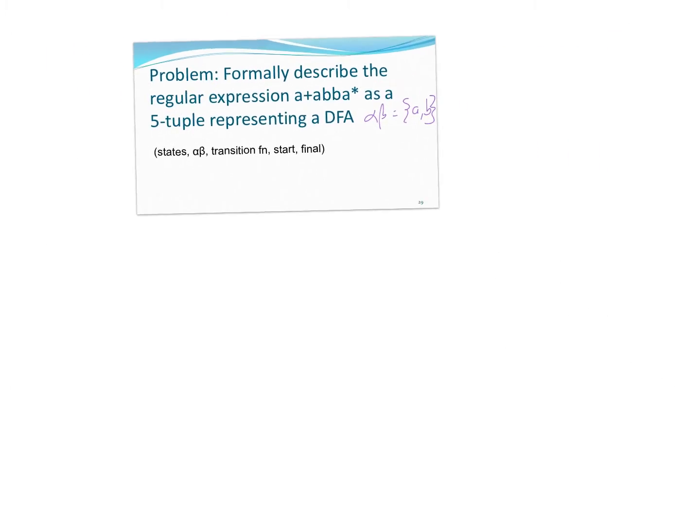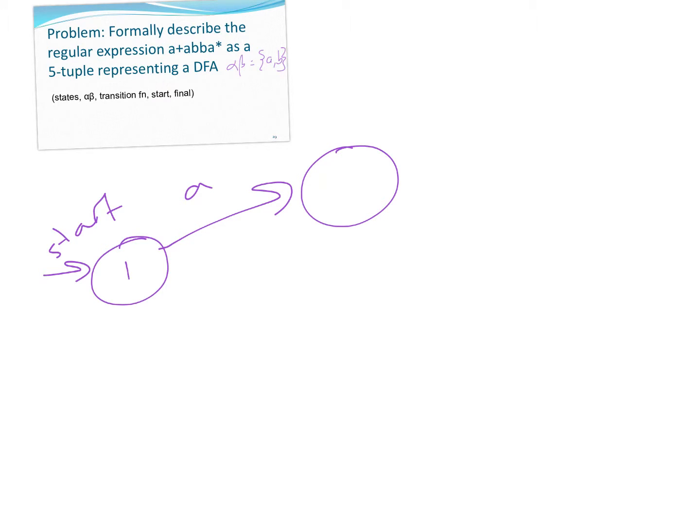Okay, so I'm going to squish that down so I have a bit more room. And let's see, so we need to have, there's my start, and we've got a state. I was going to start with 0, but I guess I'm going to start with 1. And if we see an A, we end up at an accept state, which we'll call 5, just to be creative, to show you you can name the states whatever you want. And we've now dealt with accepting